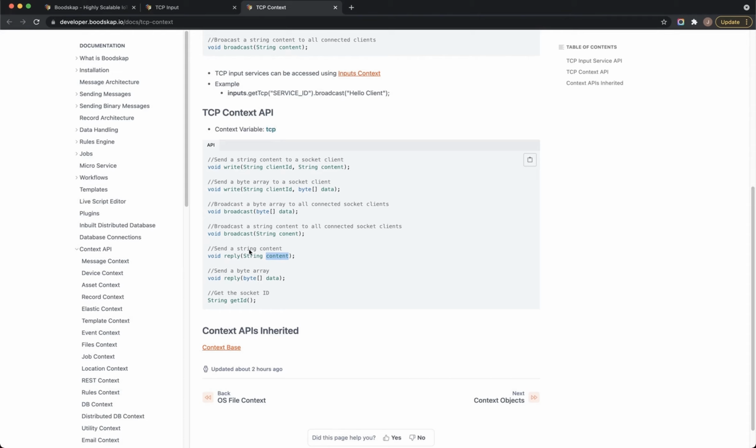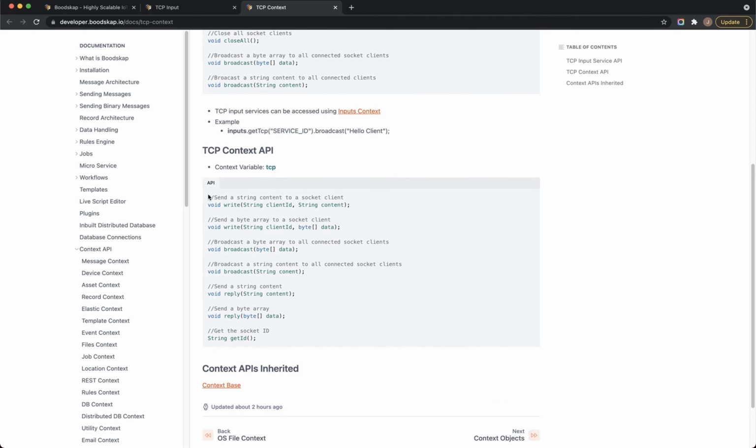If you want to broadcast a content to all of the clients connected to the same service, you can use this broadcast method. If you want to broadcast to one specific client, you can specify the client ID and use this method. The client ID can be retrieved using getID of this TCP context API.